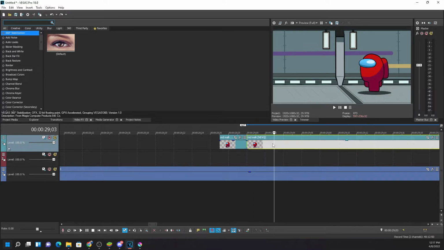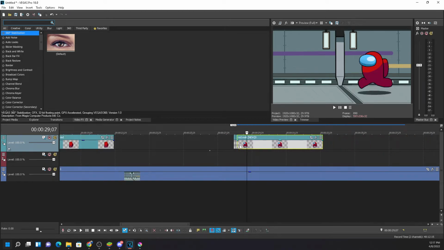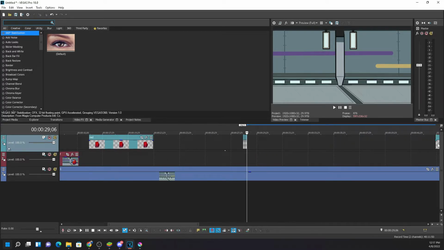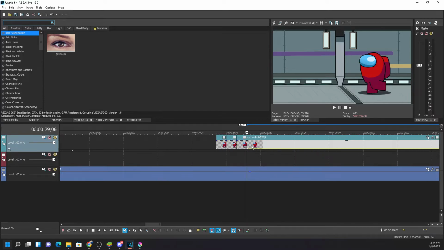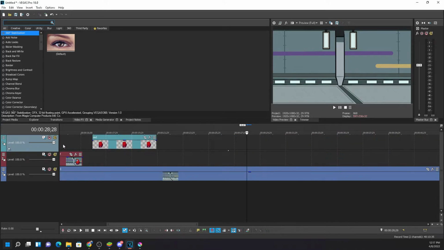Sorry. Split. And this is a second movement, walking movement. And this is the last movement. I need to select this one and place it over here.